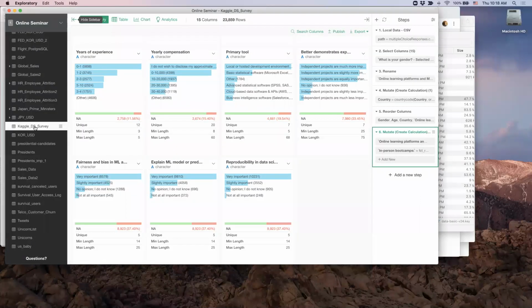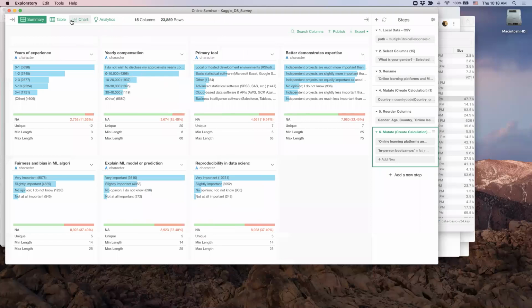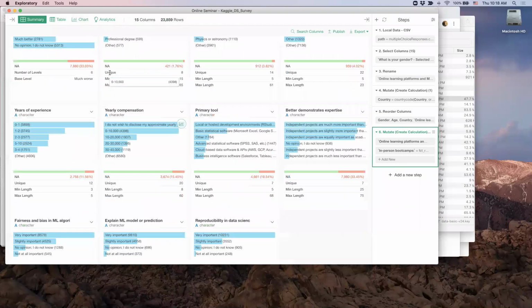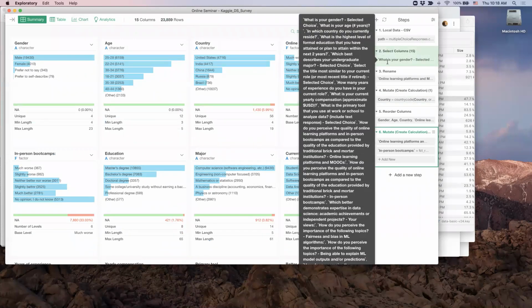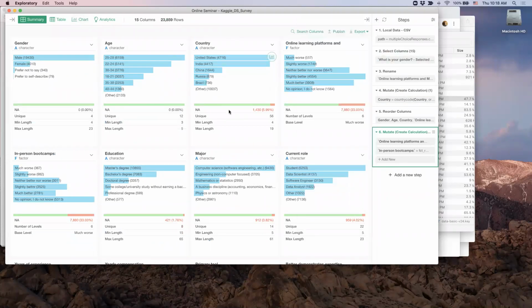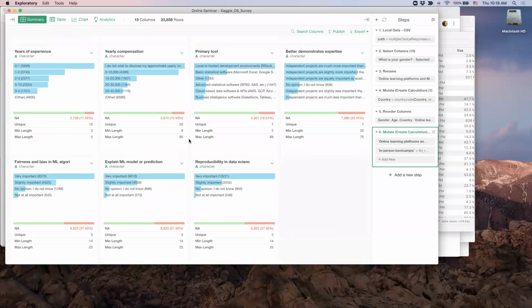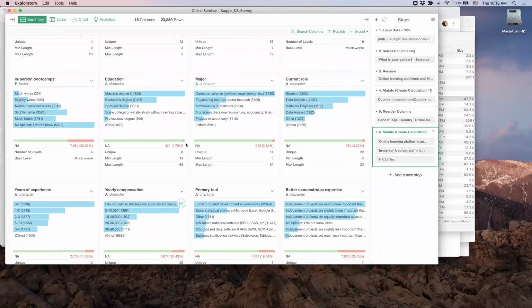So here's the Kaggle DS survey data, and there are a bunch of columns. I selected only certain columns because there are tons of columns, I think 300 to 400. If you're interested, I'm going to have the link to download this data at the online seminar page later. So here, what I'm interested in is